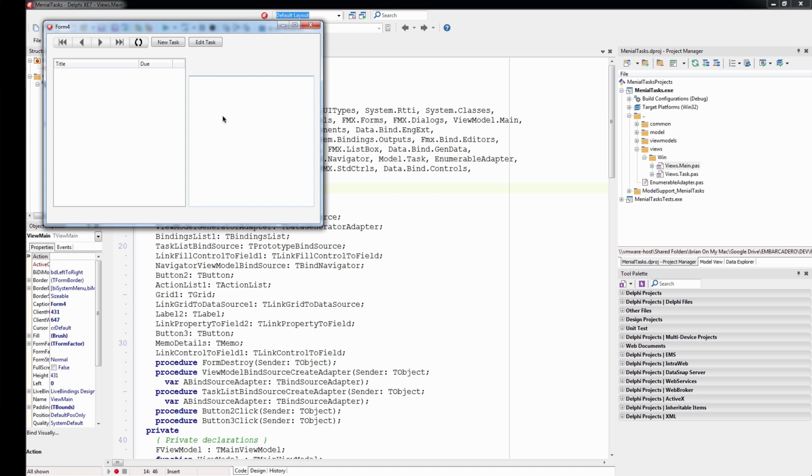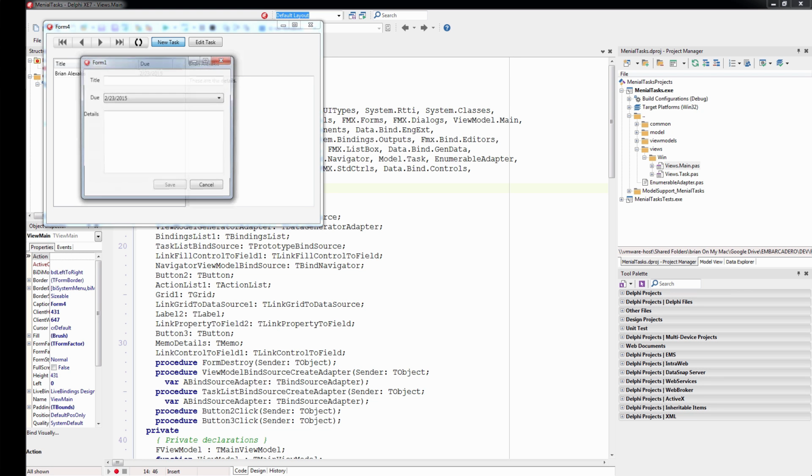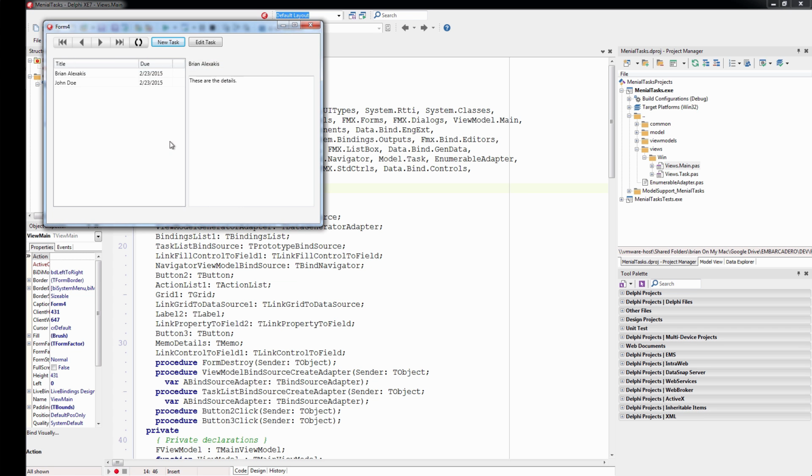Let's go ahead and create a new task and give it a name and title with some details. So I'll give myself a name here, and these are the details. Okay, there we go. Let's go ahead and create another one. John Doe, is this guy even real? Great, so now that we have a couple of entries, we can click on one of them, and as you